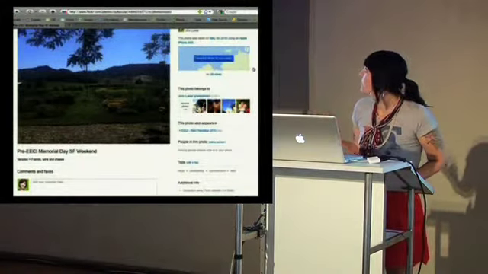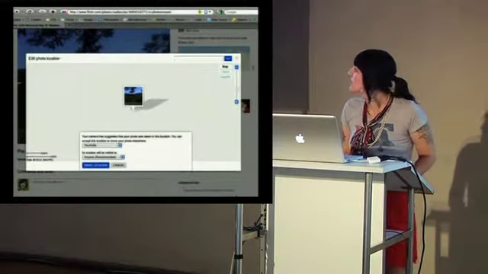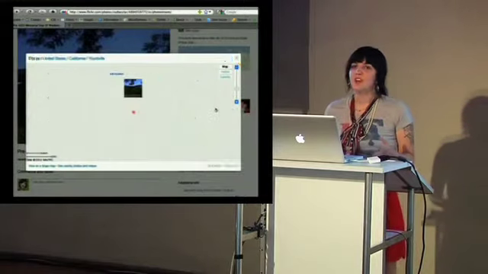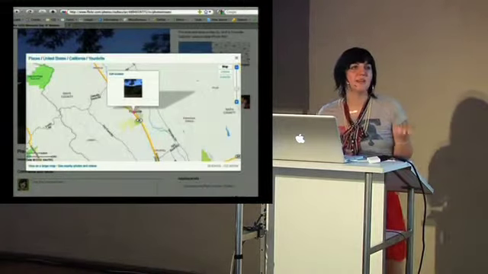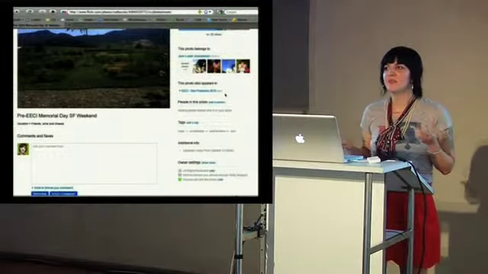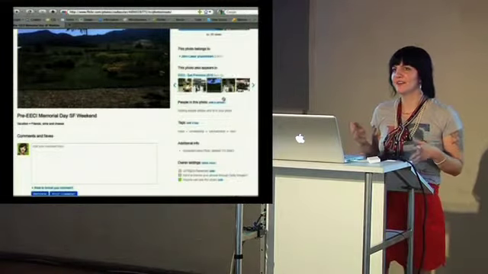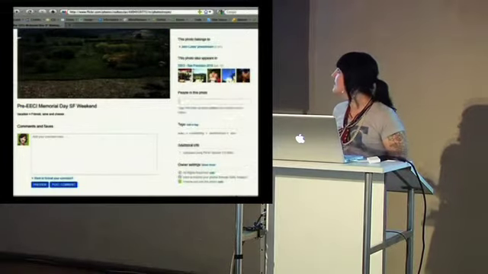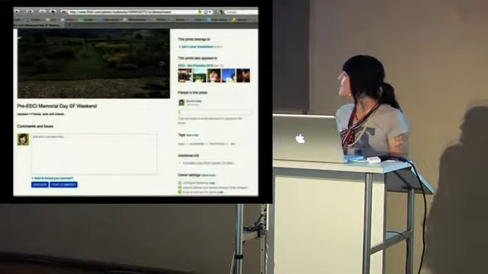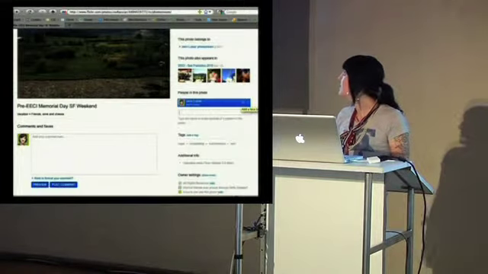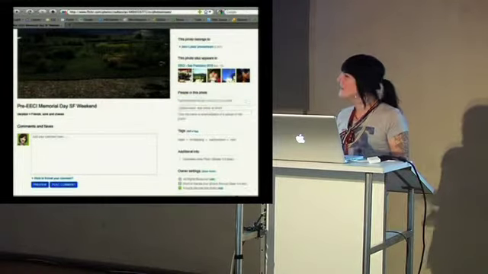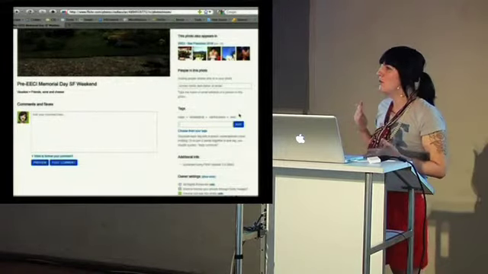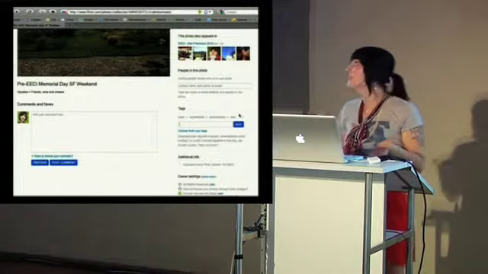Looking at an individual photo page, you can add things right to the map from here. This saves the user so much time, and it's all about these enhancements that make this experience so great. I mean, I can't think of anyone who doesn't like Flickr, and if you do, we can talk about it later, but it's such a neat website. You can add contacts right from here, you can delete contacts right from here, and I think sometimes we take for granted how easy the site is for us, and other sites that make you jump through hoops in order to be able to do this content.